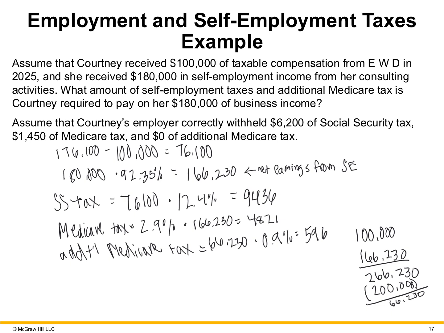So then, whenever we add all of the pieces together, the total amount of taxes that Courtney is required to pay is $14,853. So that answers this question here. And how this $14,853 is broken out is